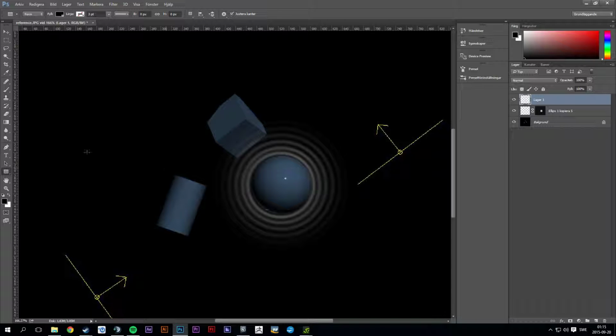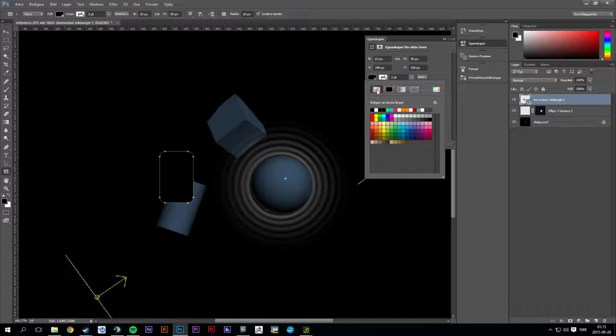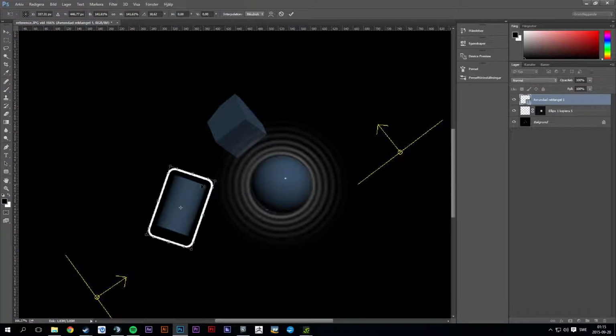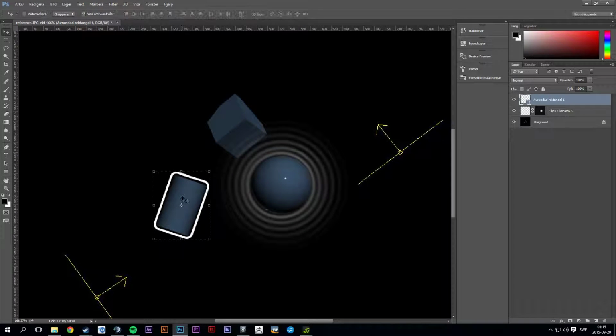pretty much a lot more accurate if you want to, but as I said before, for the sake of this tutorial, I'm just gonna make it quite easy so you can follow here. And also the best way is just to have a reference of something you want to do, like, does it really look like this or not? I'm not even sure now when I see it if it's this shape or not, but whatever. I'm not here to teach you physics, so